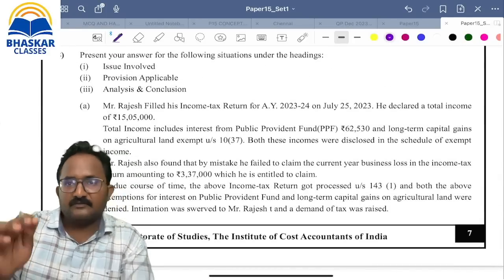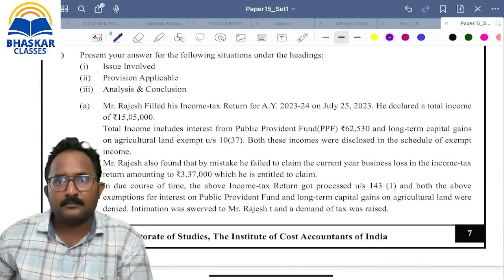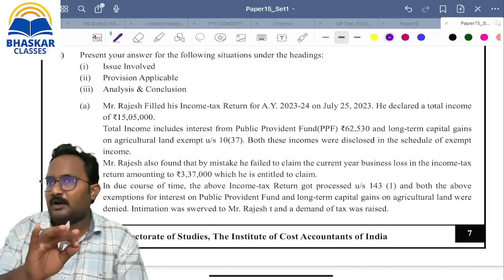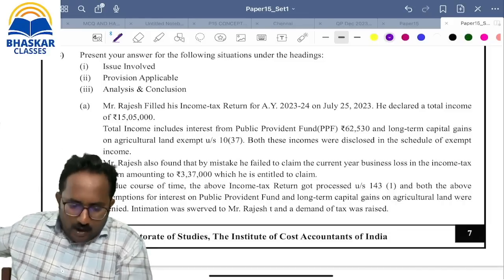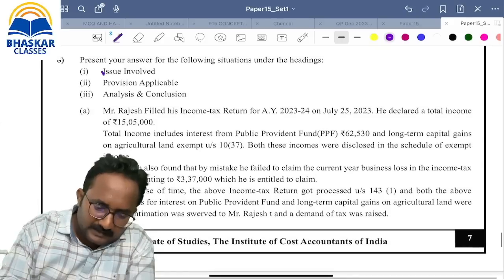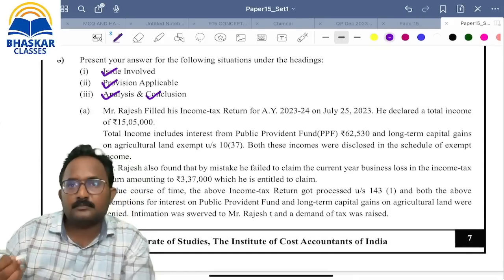The last question is a very easy question if you have conceptual clarity. They will not give a copy-and-paste question with respect to the last question. Always they will give it in an easy manner. You have to put the side headings: first side heading, second side heading, third one and fourth one.